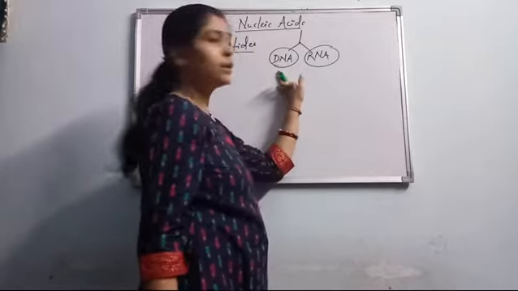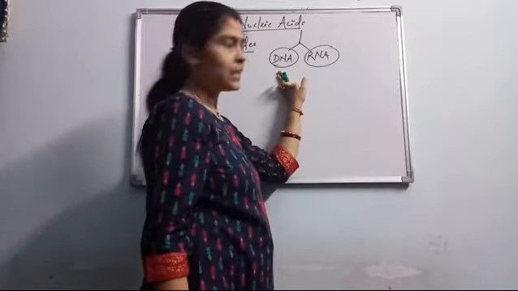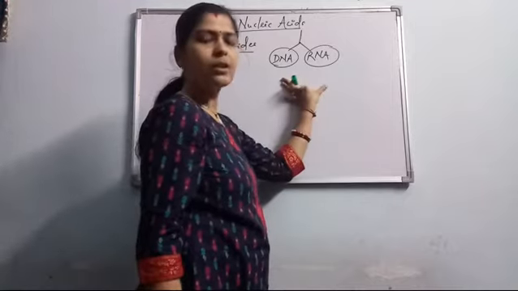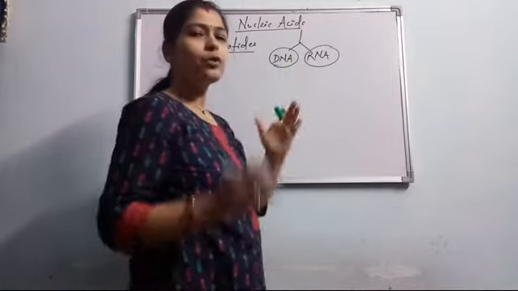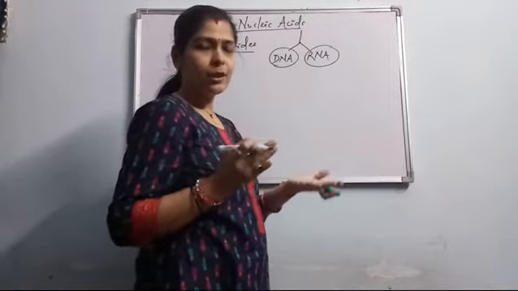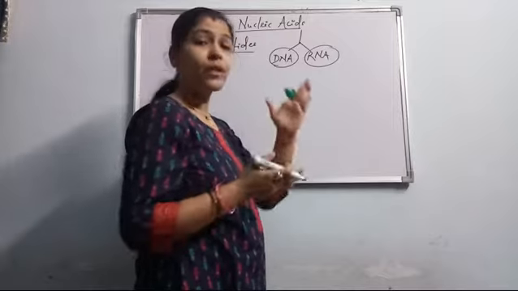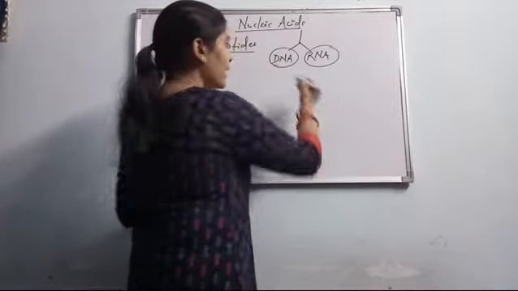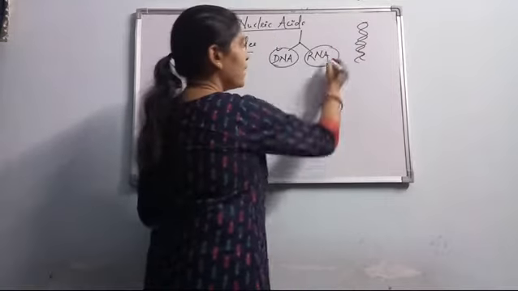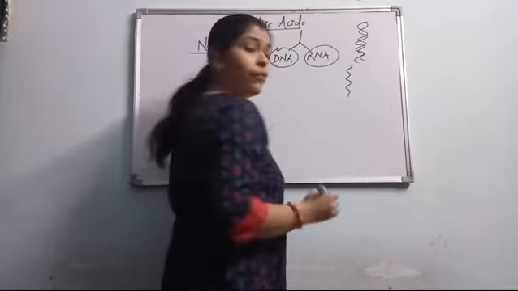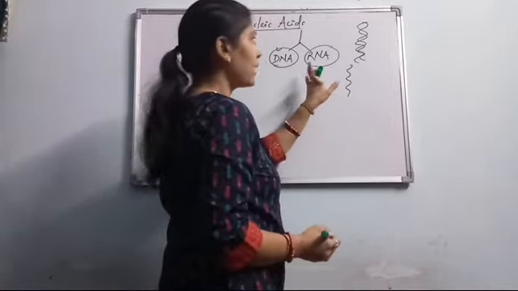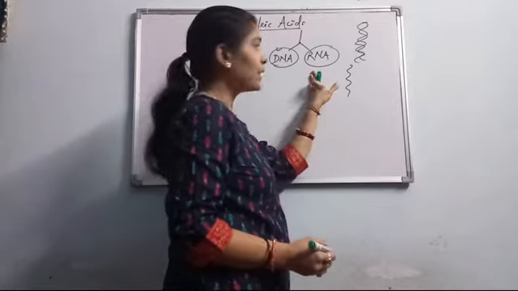Based upon the type of pentose sugar present, DNA and RNA are two different types of nucleic acids. We will discuss the biochemistry of nucleic acids: how a single nucleotide is formed, how one nucleotide attaches with another to form a dinucleotide, and likewise how a polynucleotide chain is formed. As we know, DNA is double stranded and RNA is single stranded. Whether it is mRNA, tRNA or rRNA, all types of RNA are single stranded, but DNA is always